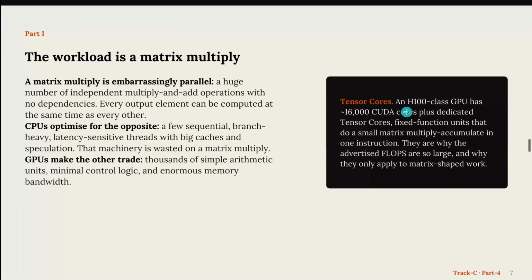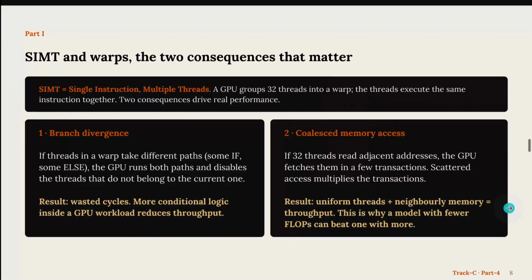As an example, an H100 class GPU has around 16,000 CUDA cores plus dedicated tensor cores. That means you can achieve thousands and millions of floating point operations, which helps you do the bulk of training of large language models and inference. The first thing that we need to understand is single instruction multiple threads, which helps us execute so much